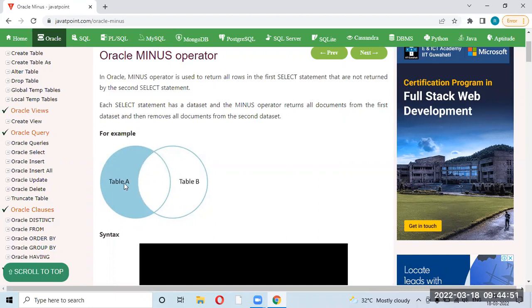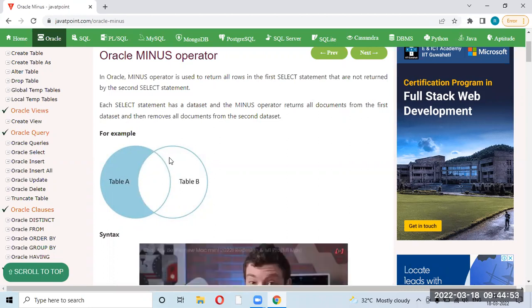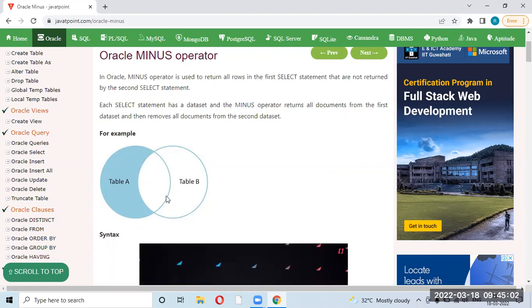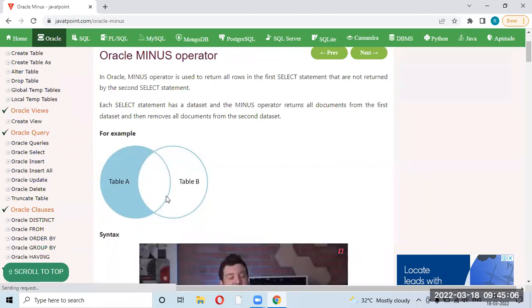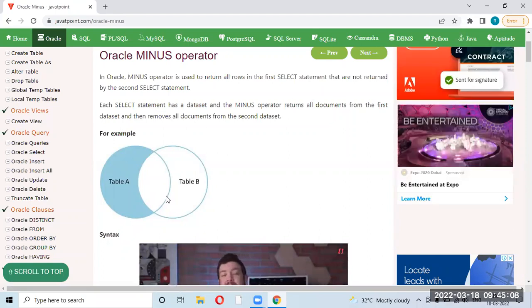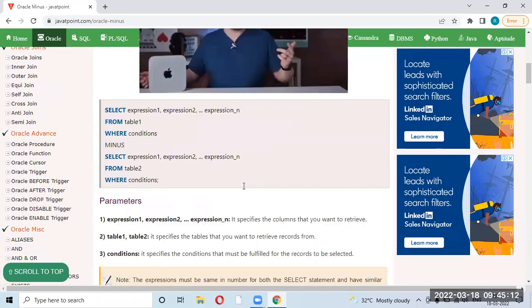If you do vice versa, if you take table B as the first table and table A as the second table, then whatever records are not in table A but are in table B, only those you will be getting. Okay. So that is the thing.